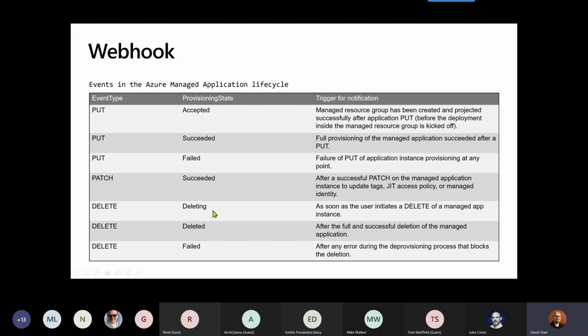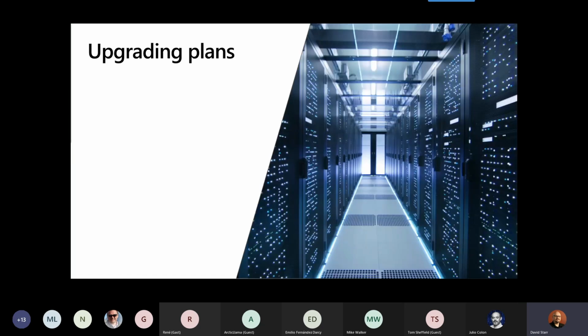When someone deletes their Azure Managed Application, you will get a deleting and a deleted, or you can get a failed to delete. And so again, this gives you an opportunity to take some sort of remediating action if you would like to reach out to your customer. Hey, saw you delete our application, wondering if there's a way we get your business back, whatever the case may be. All right,